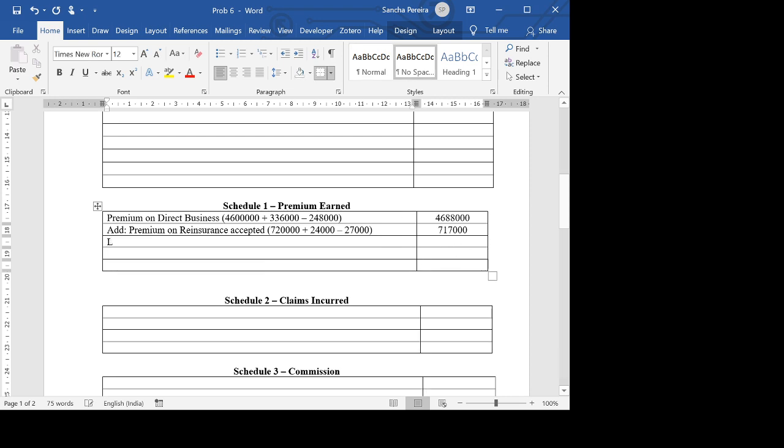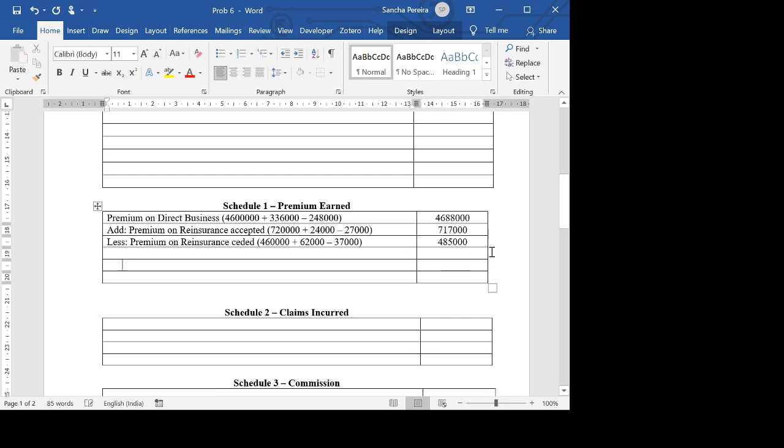Next we have less premium on reinsurance ceded, which is 4,60,000 plus 62,000 minus 37,000. So that total comes to 4,85,000. Okay, so from here we get our total premium earned, which is going to be